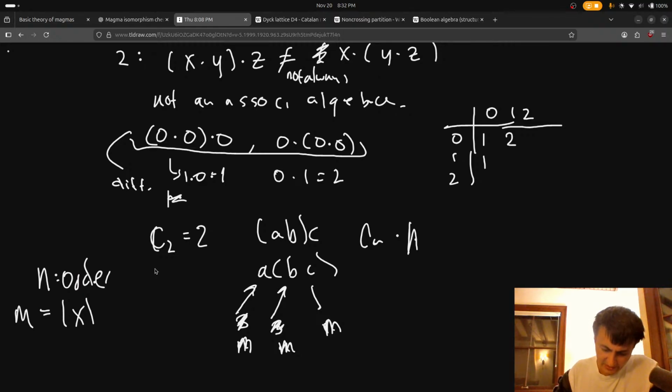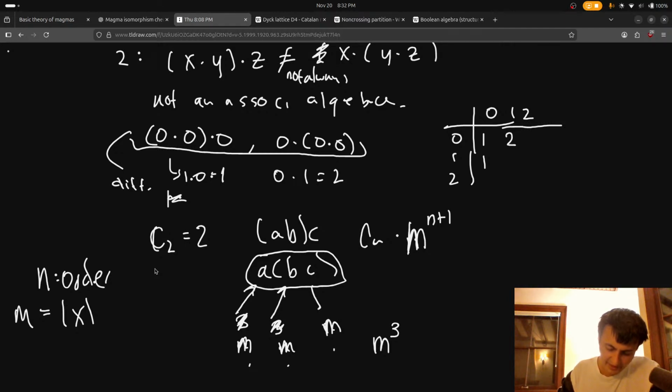I guess it is going to be M to the N plus 1. That makes sense because you have M to the 3 options for this expression, and this is the general expression. But the thing is, it's not 3. You have an operation here and an operation here. So you have N plus 1.